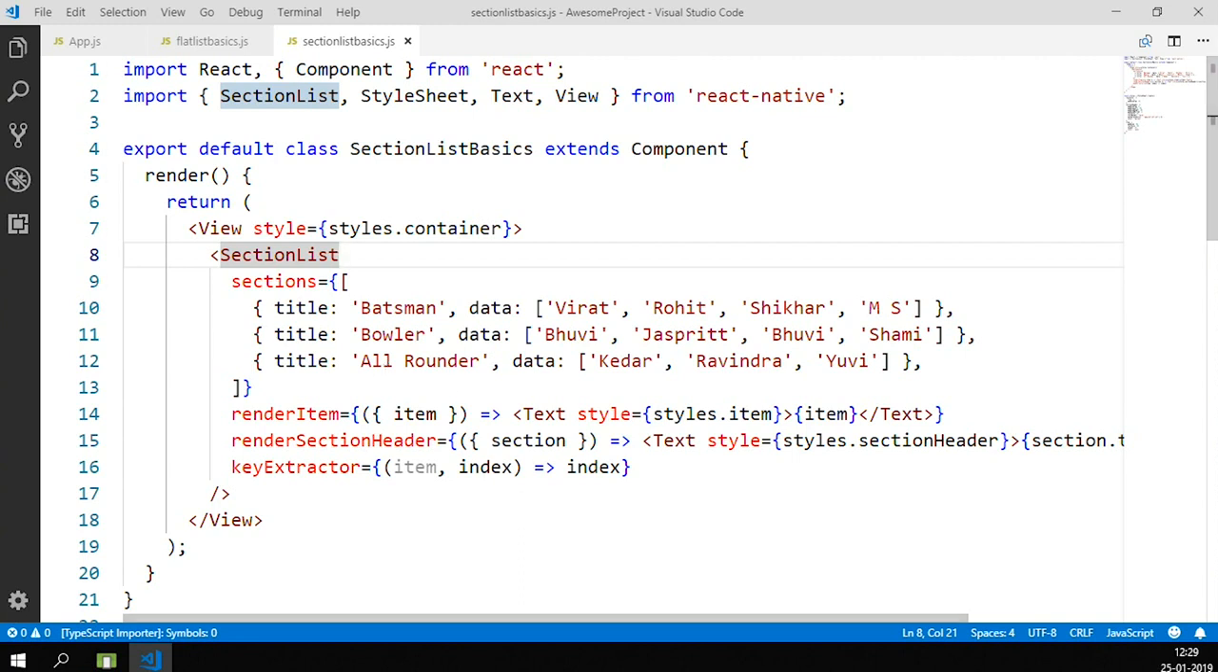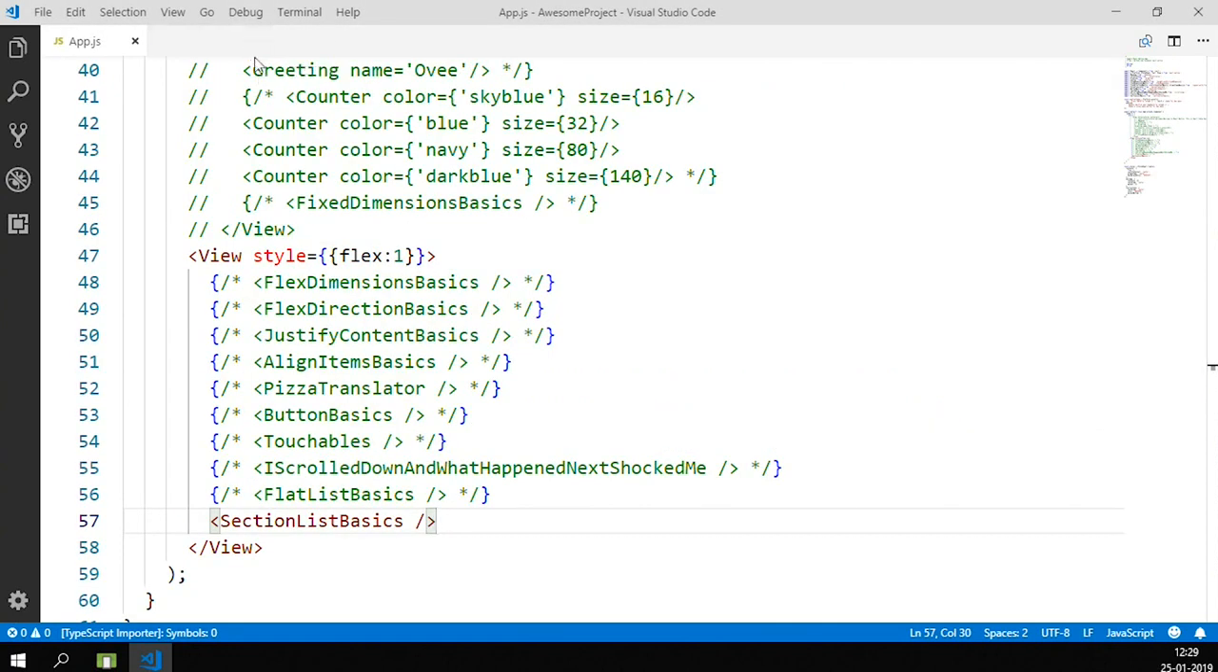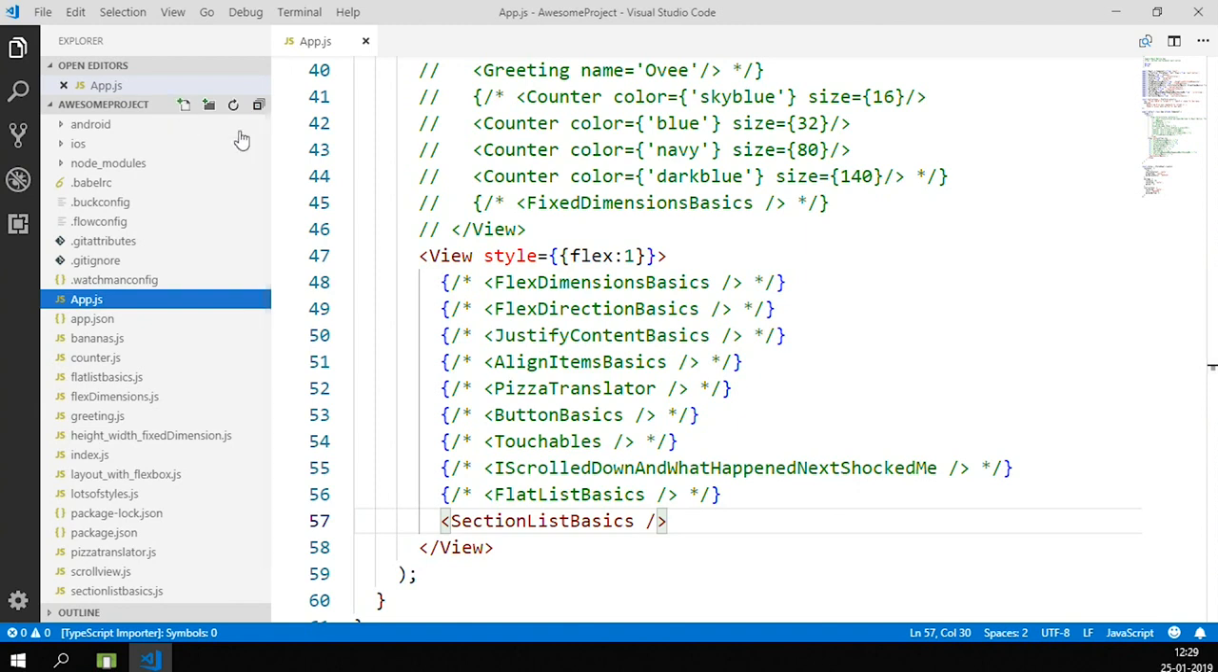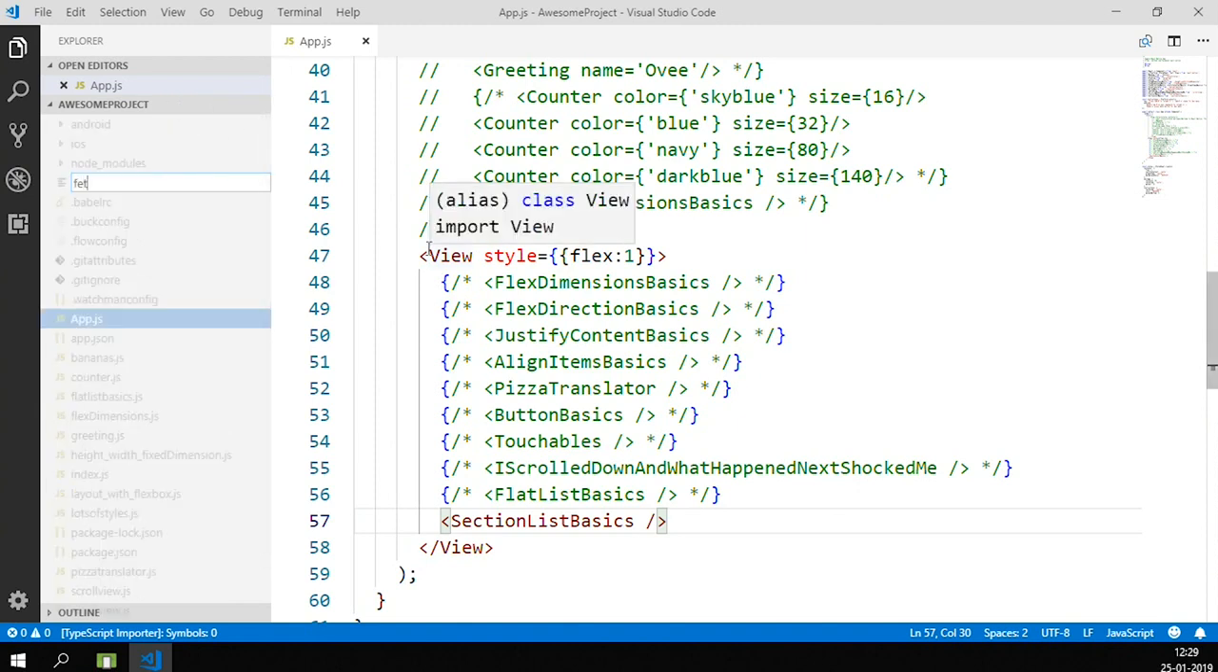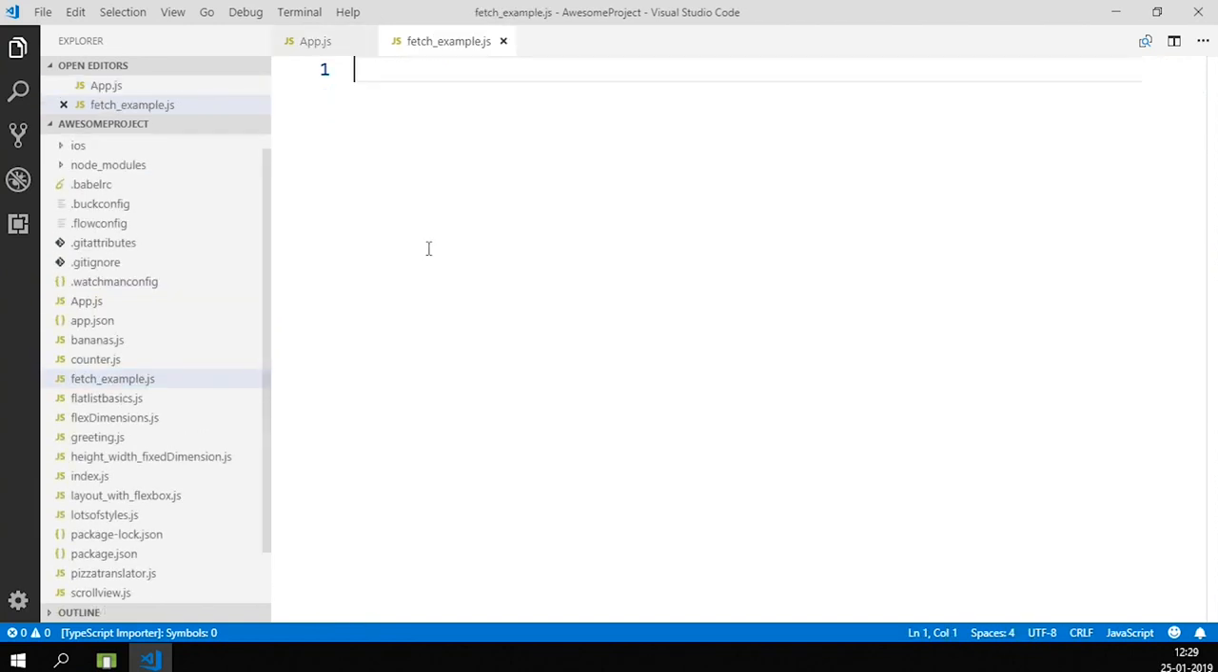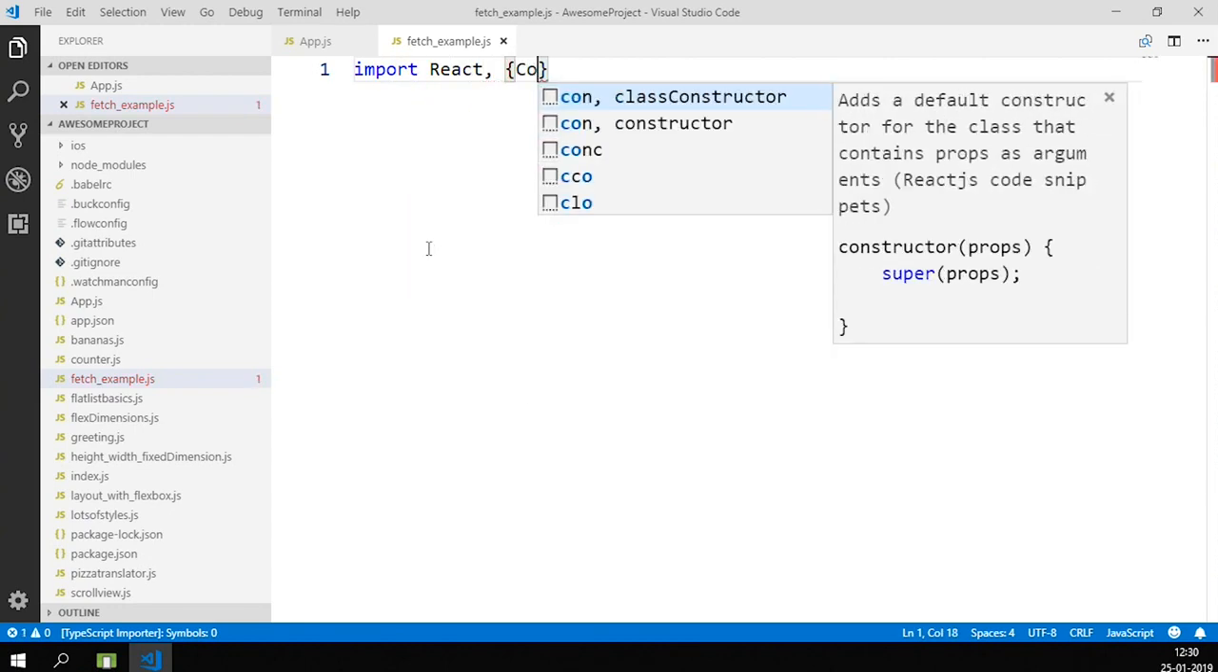So right now I'll be showing you a pretty simple example where I will be fetching some kind of data from the RESTful service, and I'm going to consume that RESTful service asynchronously by using Google's Fetch API. So let me show you this. Let me create a new component for that. I'll give the name, let's say, fetchexample.js. So I'm just gonna import React and Component